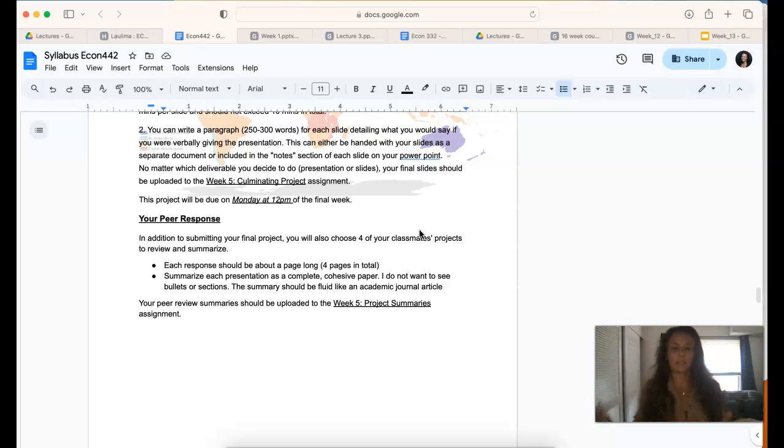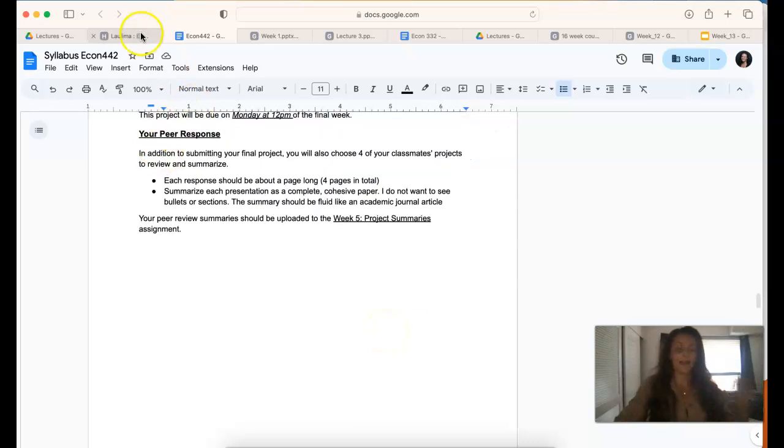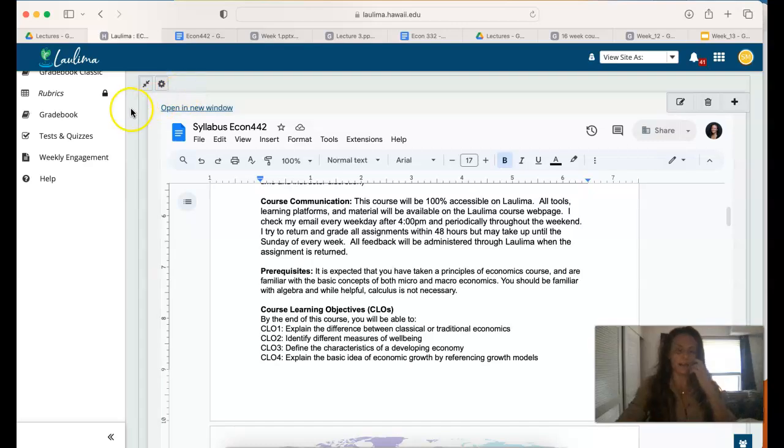The rest of the week is going to be dedicated to catching up on work, reviewing the last lecture slide, taking the last quiz, and responding to 4 of your classmates' projects slide deck. So you will randomly or strategically pick 4 of your classmates. So that's 1 classmate per day of that final week. And you are going to review their slide deck about their country, and you're going to give a response to that. And so you're going to have to hand that in at the end of the class.